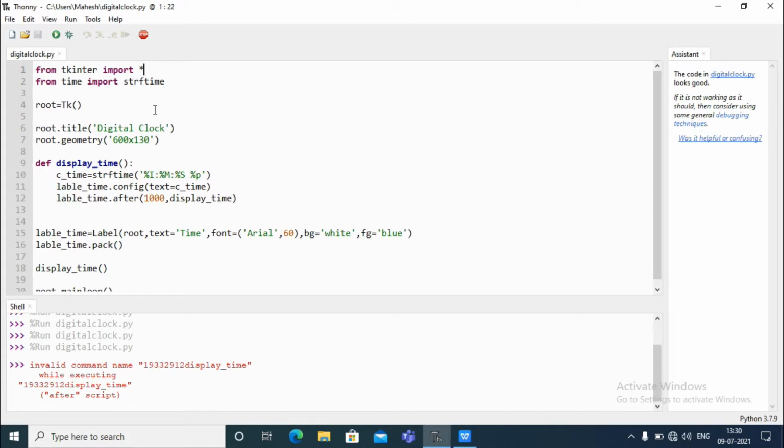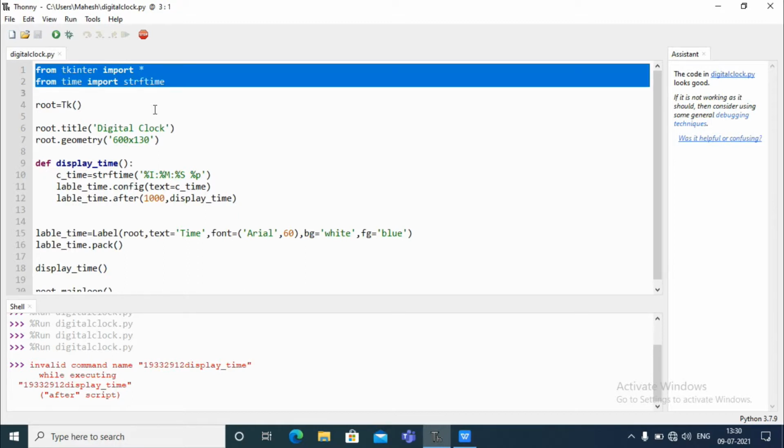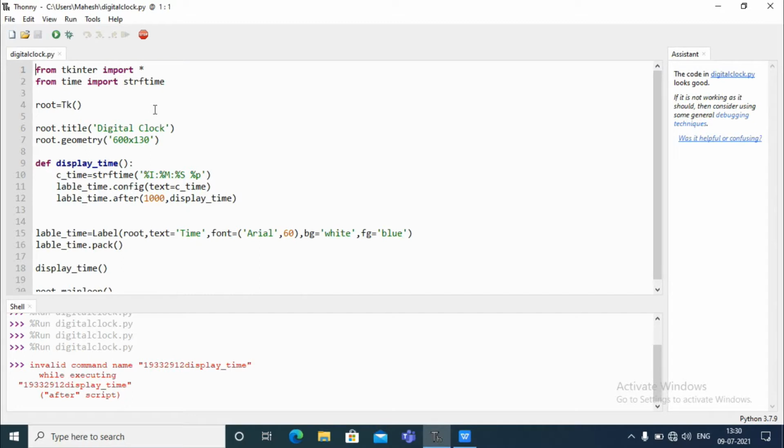Once again let me explain this. Here the first two lines are imports. In the first line we import the tkinter library, and in the second we import strftime from the time module. Strftime is used to return the current time in string format. First, for creating a window, we have written this, and the name of the window is root. Here I have taken it like this.